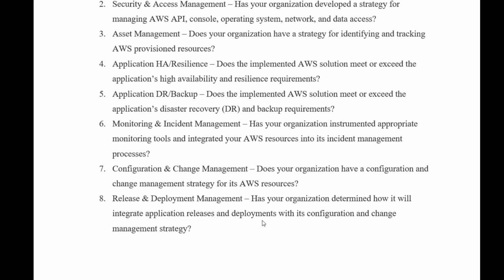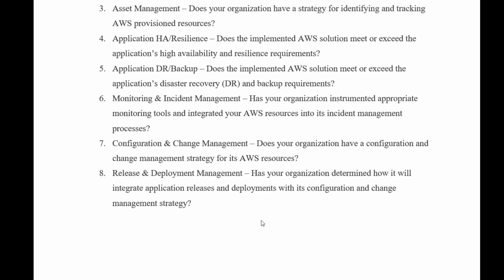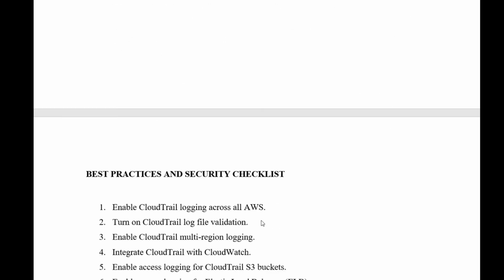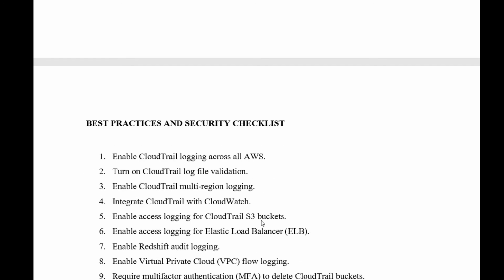So whether you keep track of version control or any peer review process, how things should be released in a proper way, how to revert back if needed, and how things are tested, and so on. So let's move on to the next thing: the best practices and security checklist that I created for AWS.